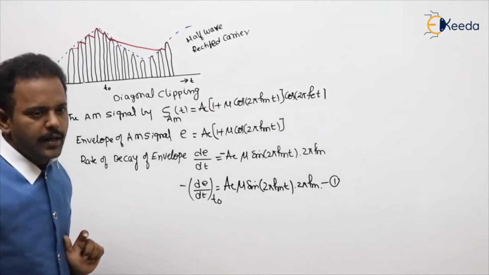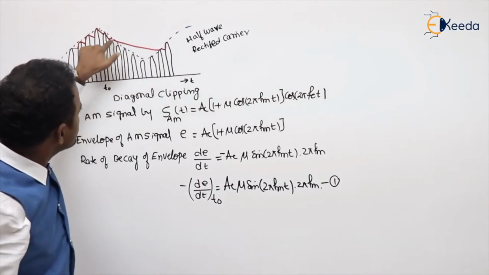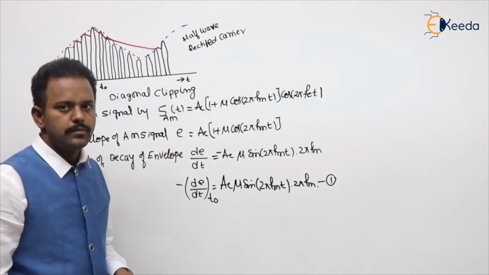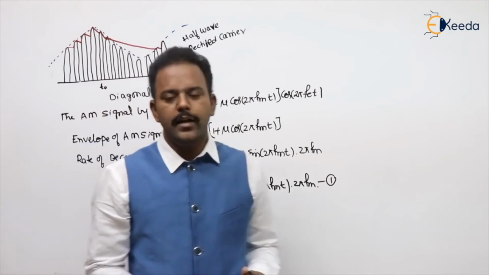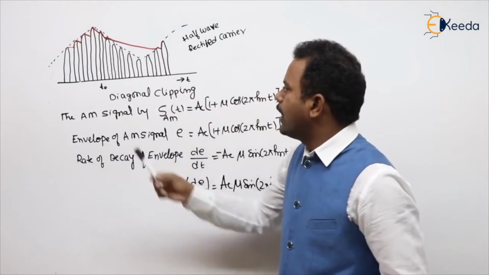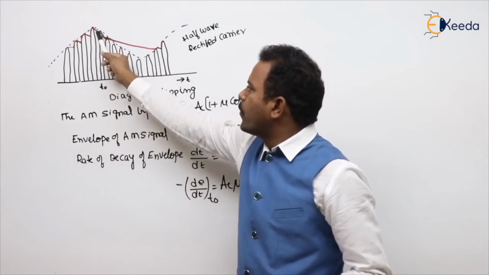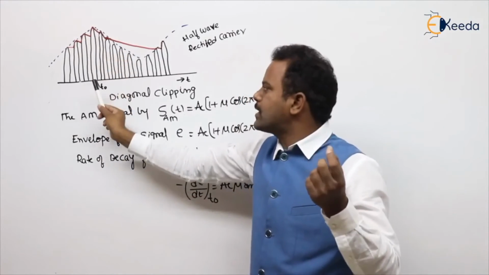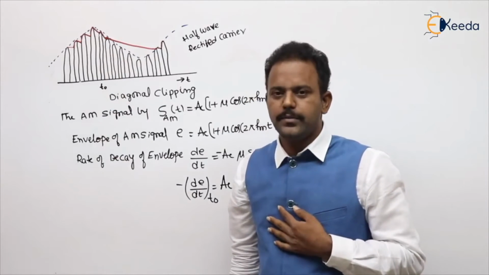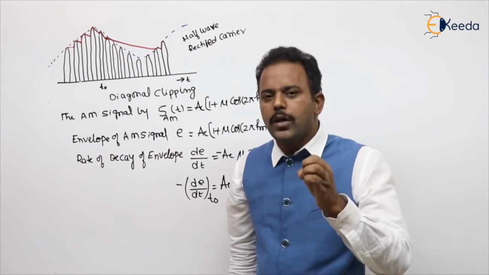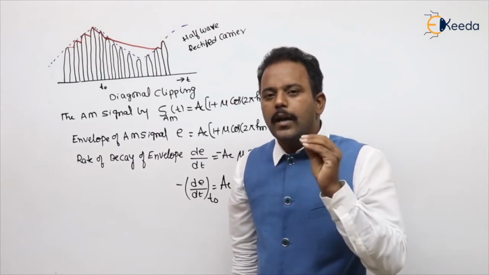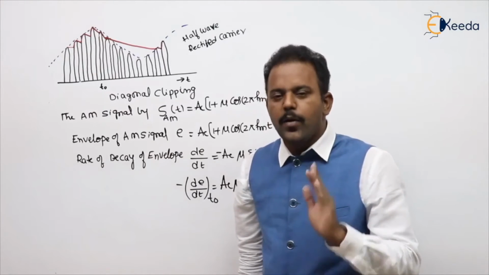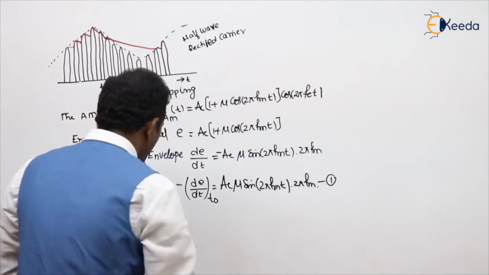Now we will calculate the discharging capacitor slope also. Now we'll try to bring that condition. Initially the capacitor is charged to a value equal to the voltage of the envelope at some time t equal to t naught. Are you getting my point? So the initial voltage in the capacitor is the envelope of the AM signal at t equal to t naught.